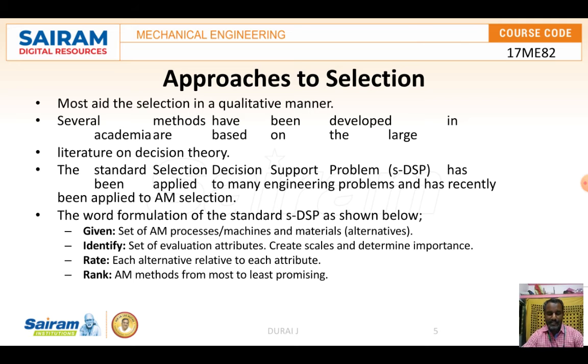The standard selection decision support problem has been applied to many engineering problems and has recently been applied to AM selection. The word formulation of the standard selection decision support problem is given in the decision option.